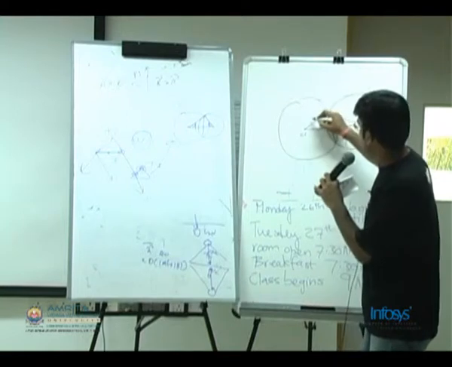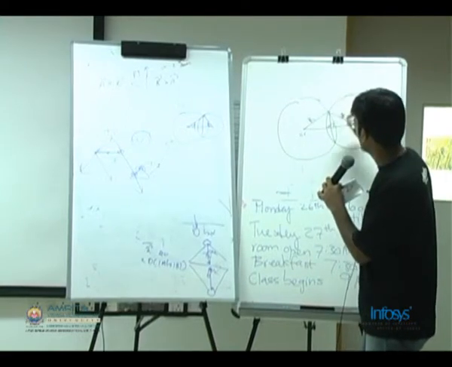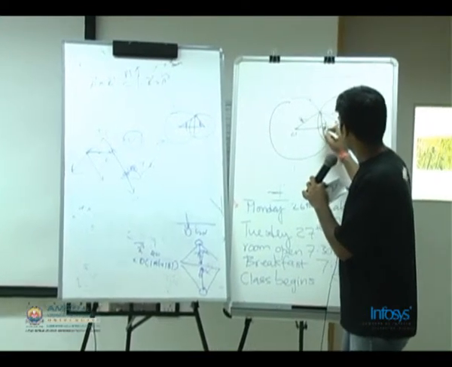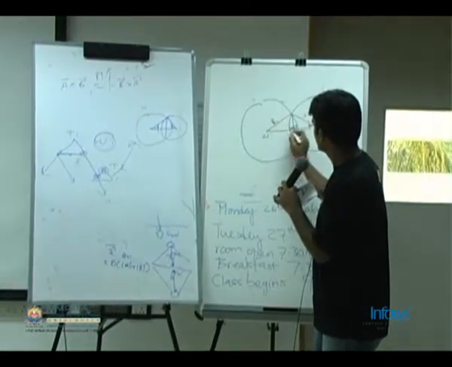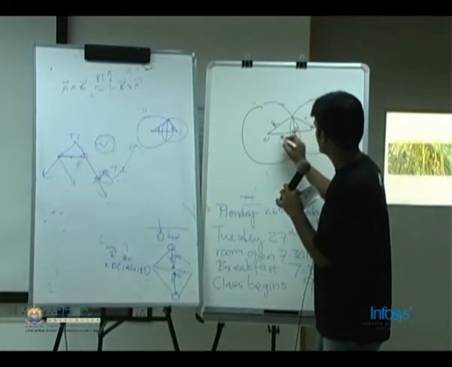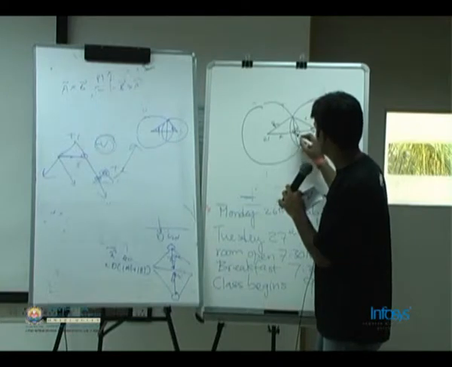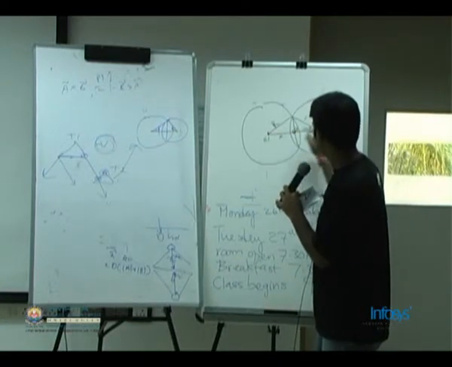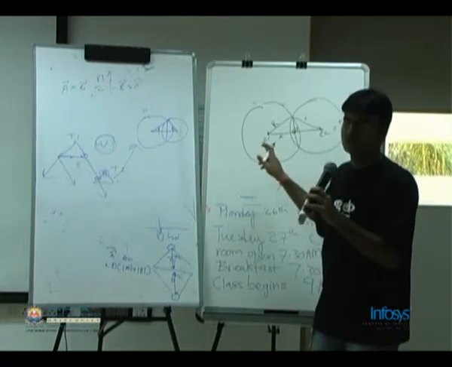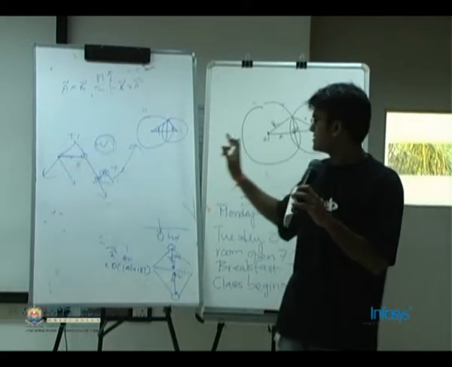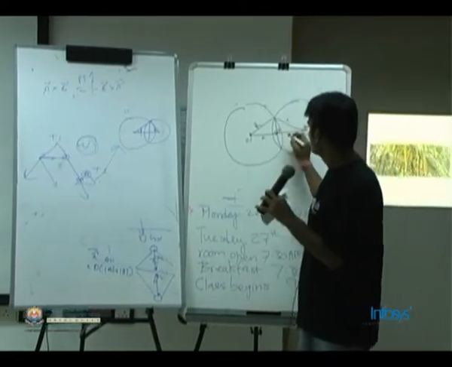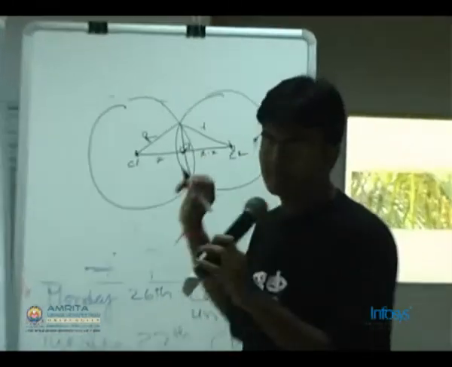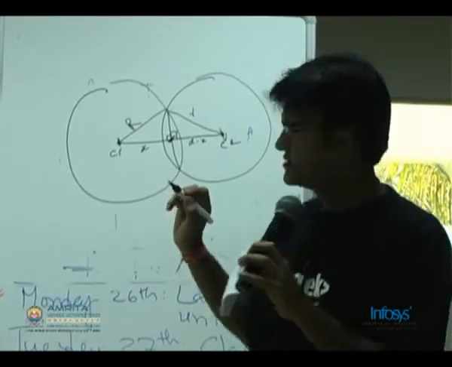Alright, so let's say this is r, this is small r. We are trying to find out somehow the coordinate of this point. So let's say this distance is x. We already know the distance between these 2 points, right? Because we know the coordinate of the center. So let's say this distance is d. So this is d minus x, right?